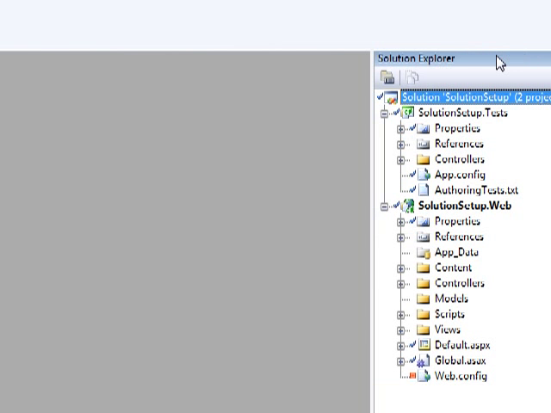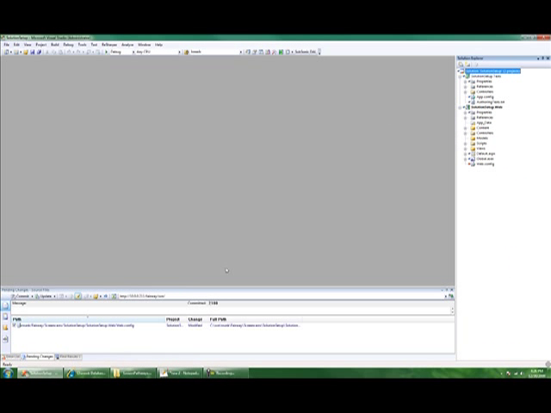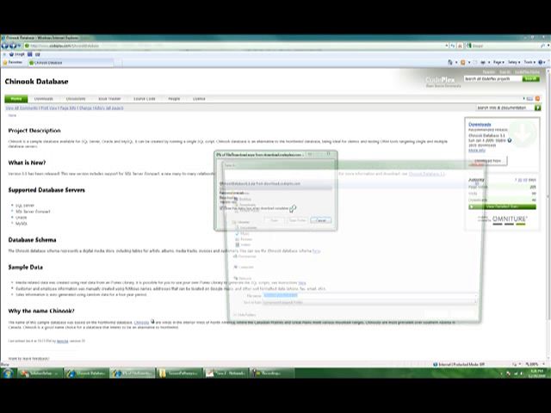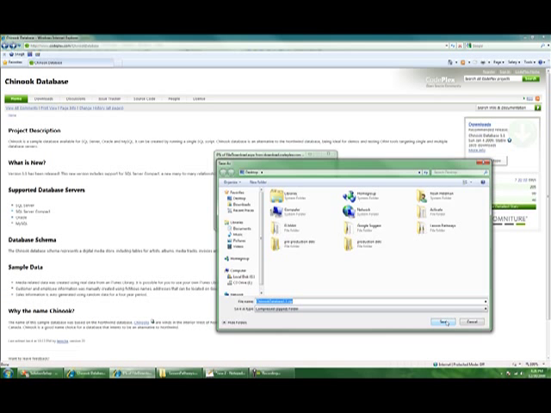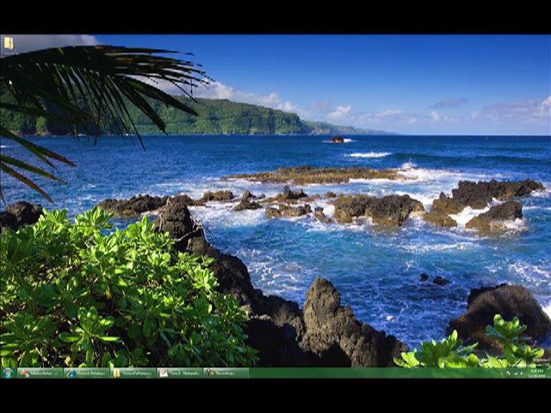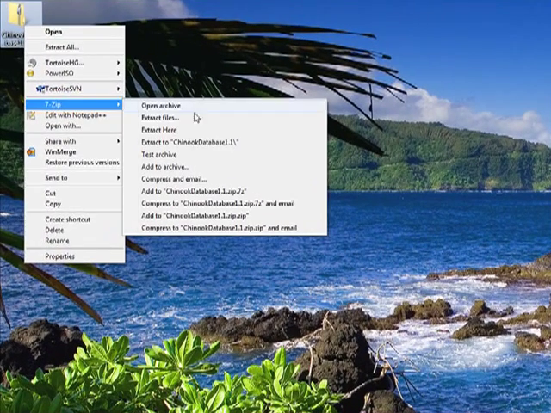Sounds good. If we could, why don't we go out to Codeplex and check out the Chinook database. This is an open source database available for SQL Server, Oracle, and MySQL. Let's download the code and then install into our SQL Server. Okay, I'm just going to drop this on the desktop for right now. It comes as a zip file. Extract that with 7-zip real quick